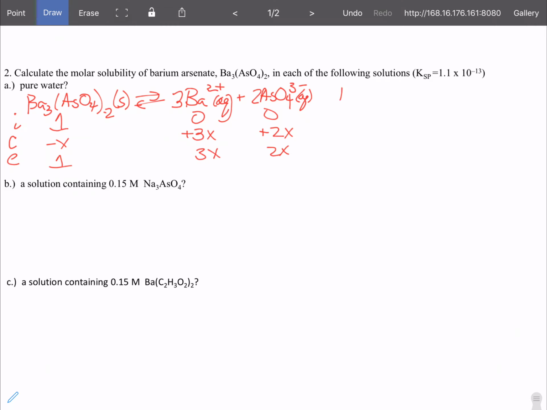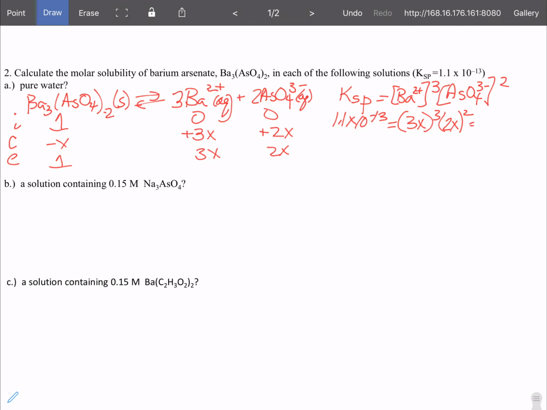So when we do our KSP, it's going to be equal to the barium ion raised to the 3rd power times the arsenate ion raised to the 2nd power. So it's 1.1 times 10 to the minus 13th is equal to 3x cubed times 2x squared,